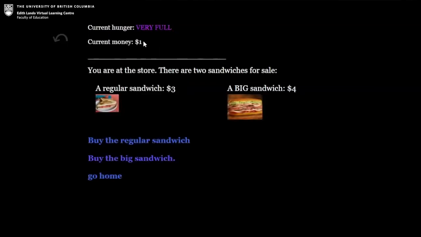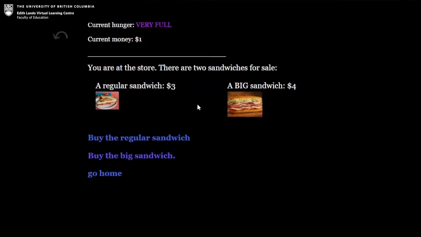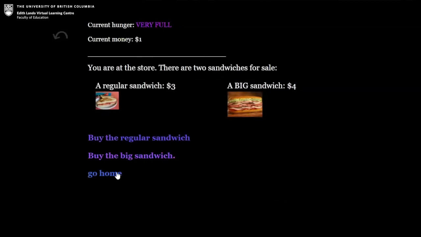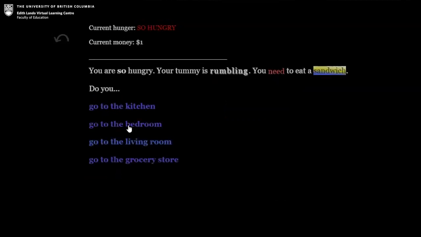We had a little money counter there. We had $5 in the wallet. It's gone down to just $1 now. If we try to buy another sandwich, we cannot afford the sandwich. We can go home. And one other little feature of this story slash game, if we go to the living